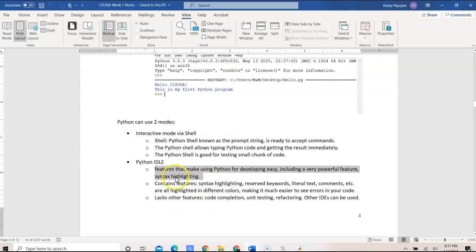What you want in an IDE is some highlighting features for your syntax, reserved keywords, and literal text, and we can also include comments. Comments are annotations which the interpreter would ignore. It's a note that we want to include in our program just to give yourself some kind of notification for that specific part,